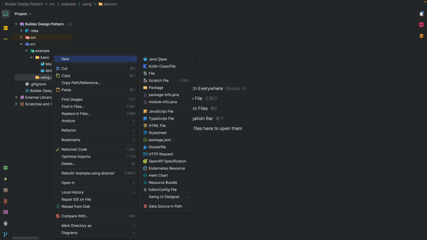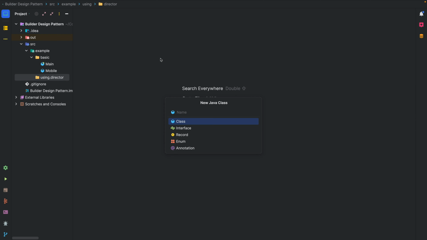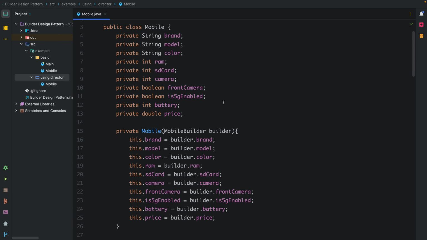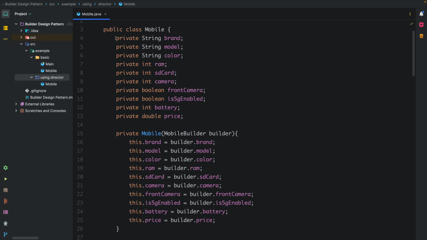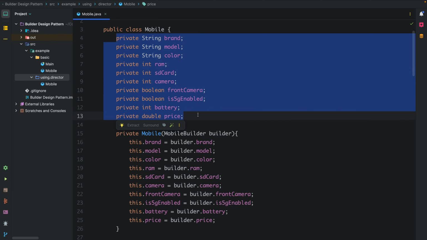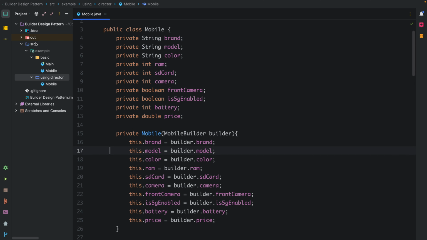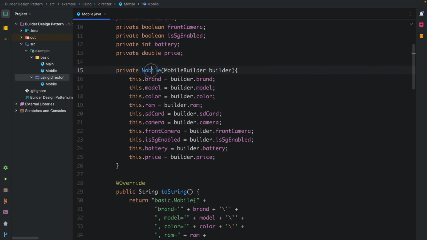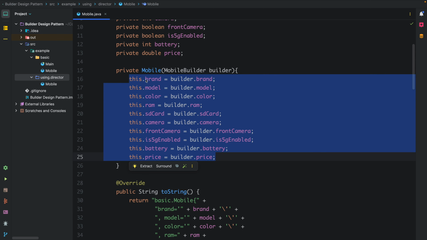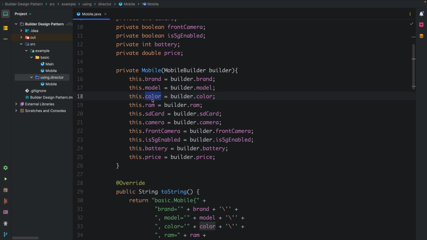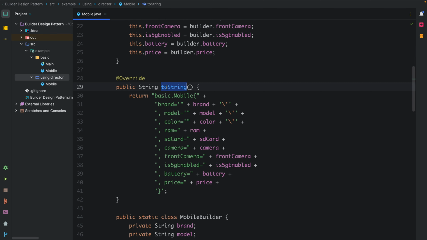Let's create one class mobile, and in this mobile class we have the same properties which we used in the previous example, and we have a constructor which accepts mobile builder reference. And just like the previous example, we are initiating the properties through builder. We have a toString method,